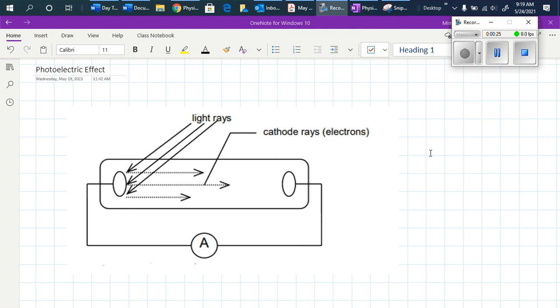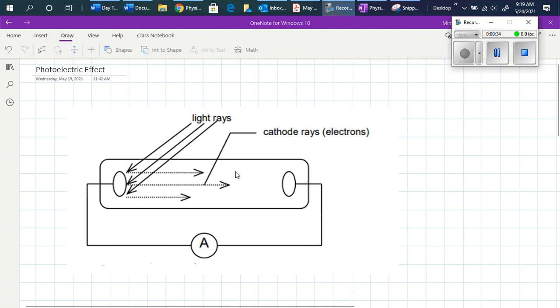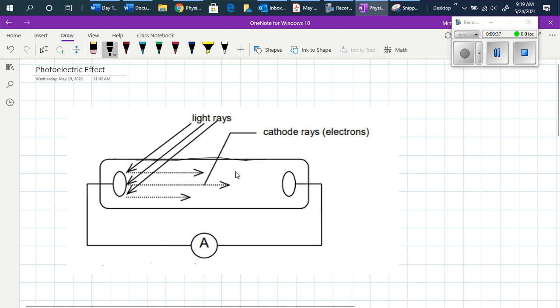While he was working with the cathode ray tube, he discovered that if we have a vacuum chamber like this one here, this is the vacuum chamber, and one of those plates is worked with